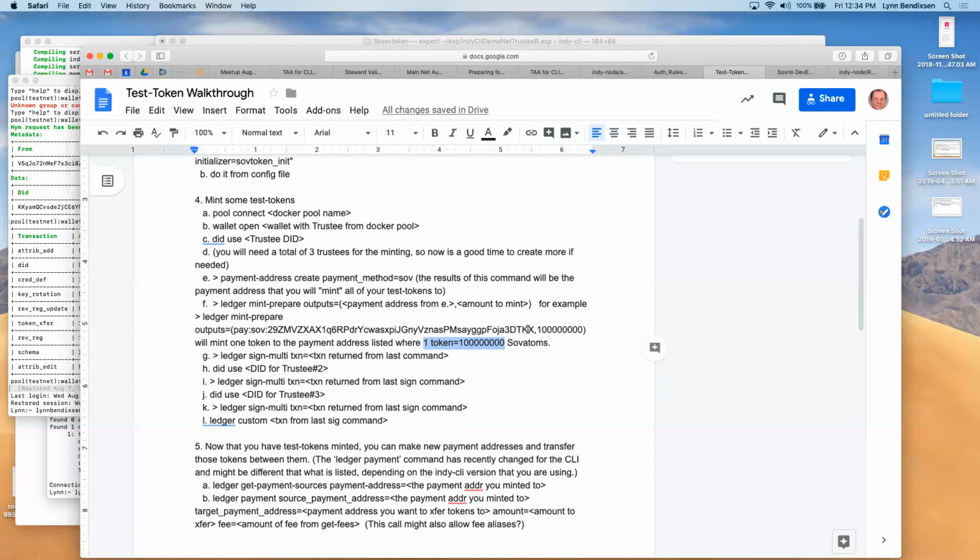So the test tokens that are on the builder net are non-transferable to the test tokens that are on the staging net, and they have nothing to do with any future possible tokens that might be on the main net. But on the main net, once in reality, off the test net, this same capability exists. Yeah, it's all open. Anyone can use it. They'll use it how they see fit. Okay.